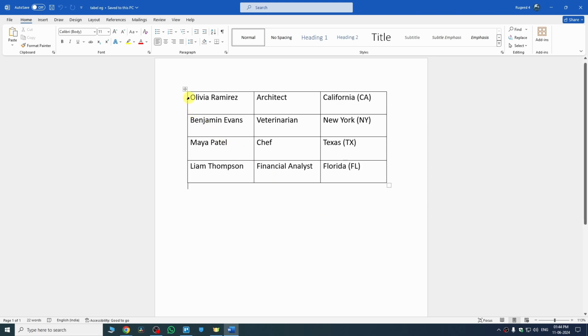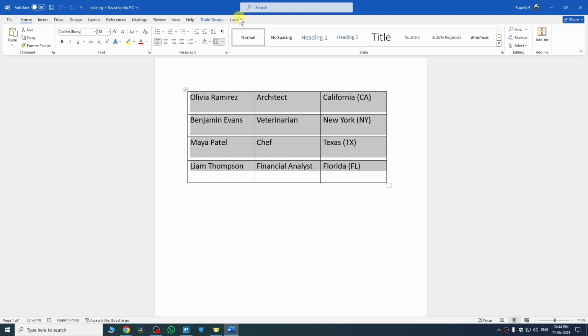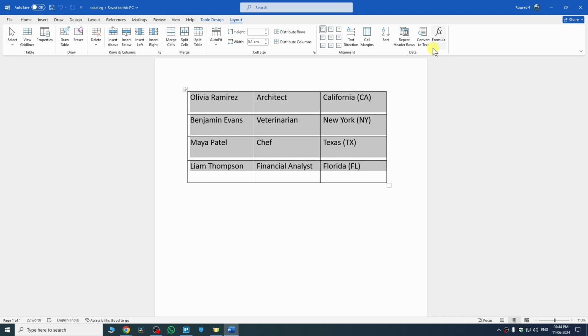So first of all, just select the table which you want to delete. Once your table is selected, you have to click on the Layout option, but make sure there are two Layout options. The first one is after Design and the second one is after Table Design. We have to click on this one, and once you click there you will see the option for Convert to